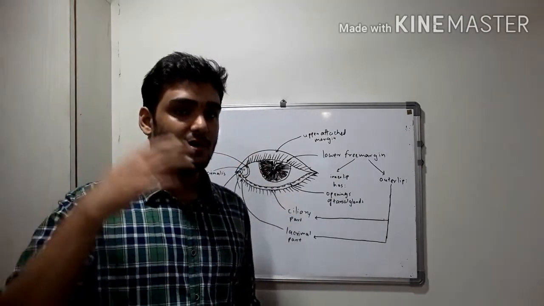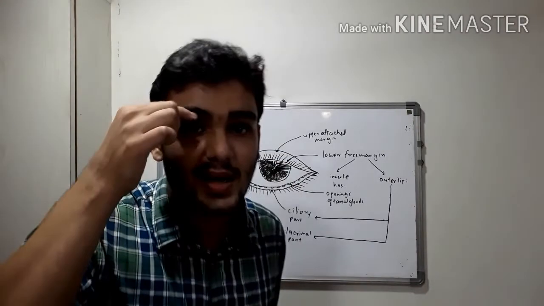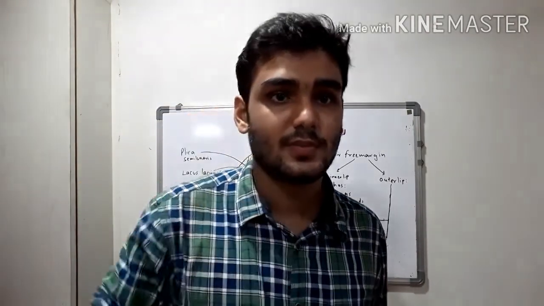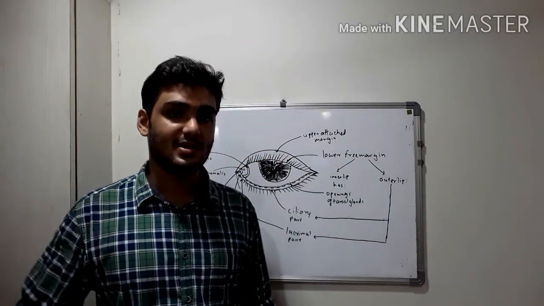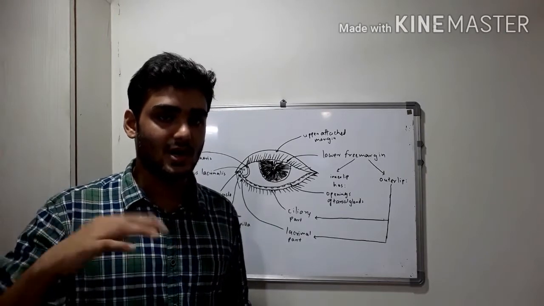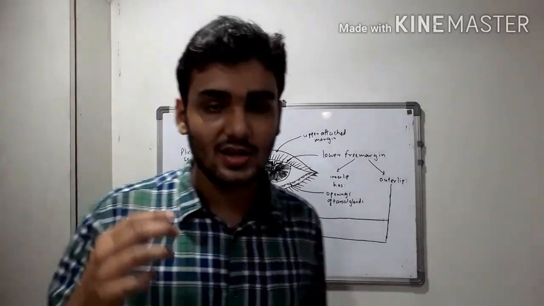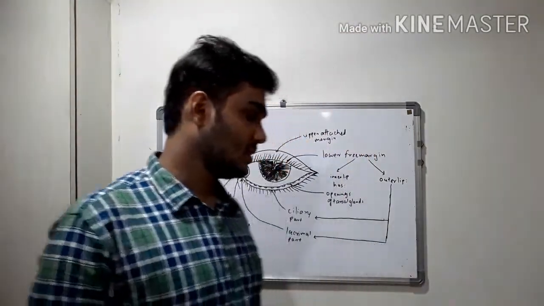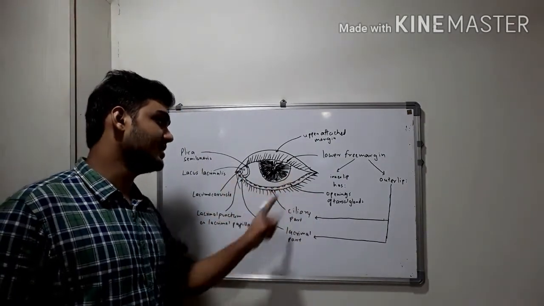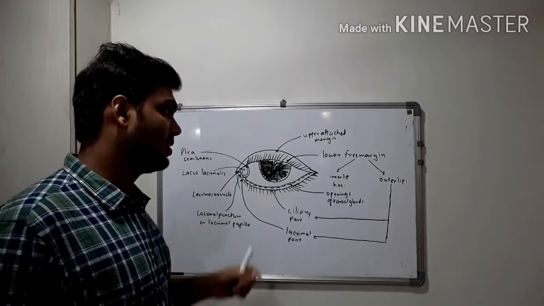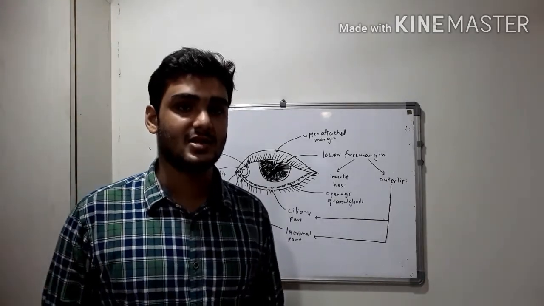Eyelids have an upper attached margin. This is the upper attached margin, and the lower free margin. And this lower free margin further has two lips, an outer lip and an inner lip. As I said, you need to observe this in the mirror. Here's the inner part. The inner part has openings for tarsal glands. These are the openings for tarsal glands. And the outer lip has the cilia or the eyelashes.